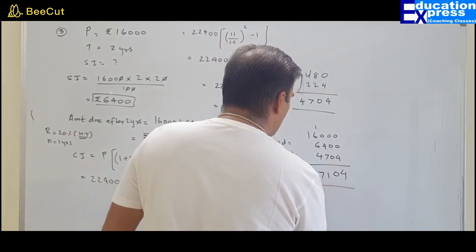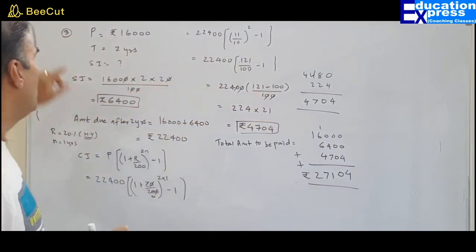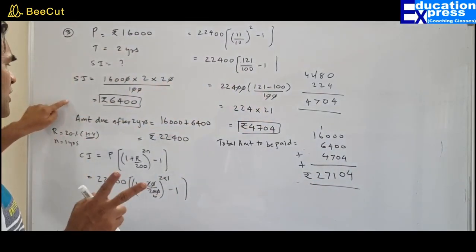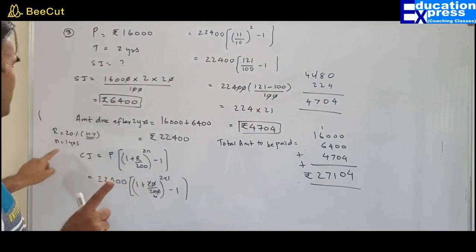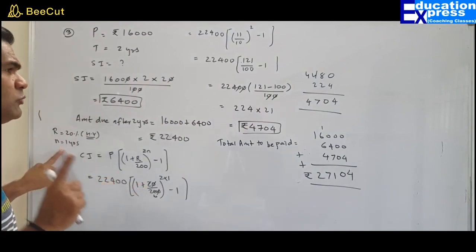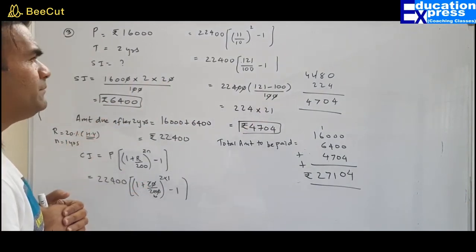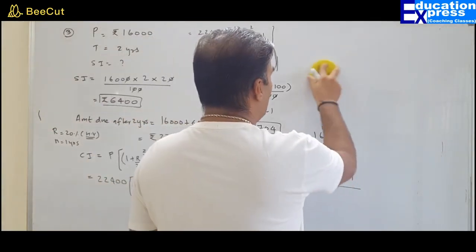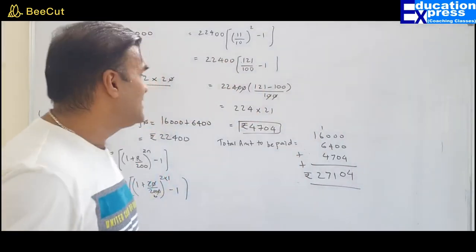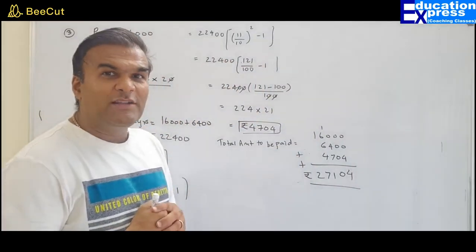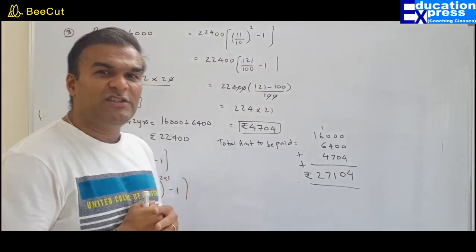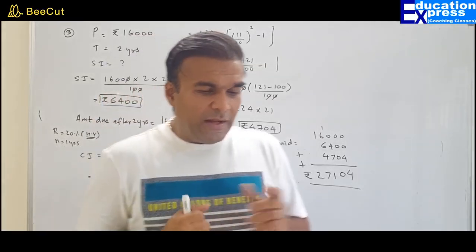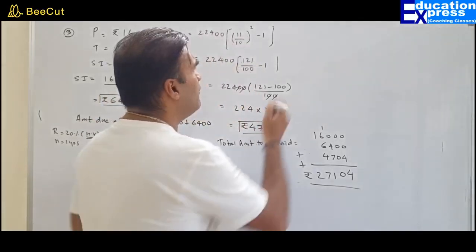It is a question which involves both your simple interest for the first 2 years and compound interest for the last year, but interest to be paid half yearly. So it wasn't at all difficult. The only thing it requires is you need to read it well to understand what exactly are the instructions given to you in the question. Let us move on to question number 4.